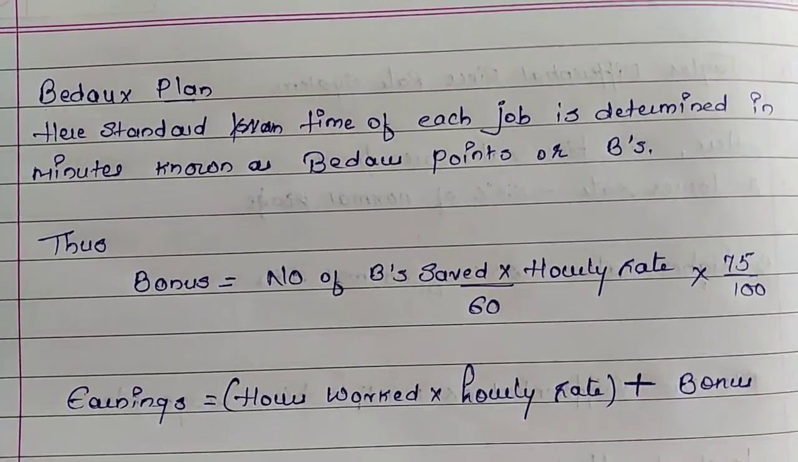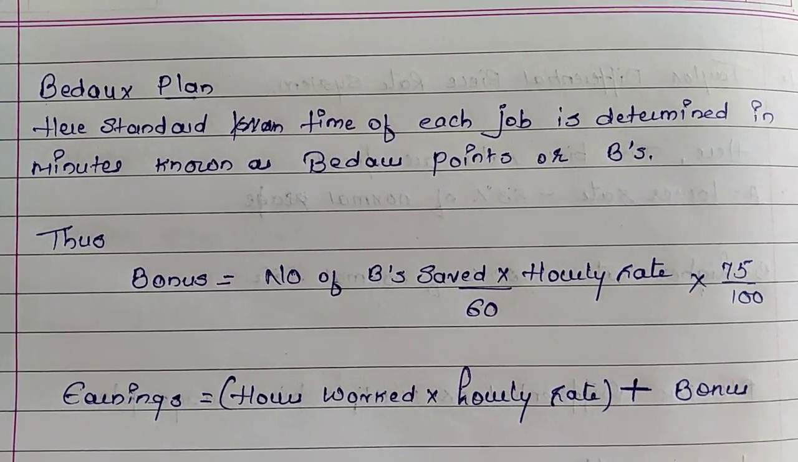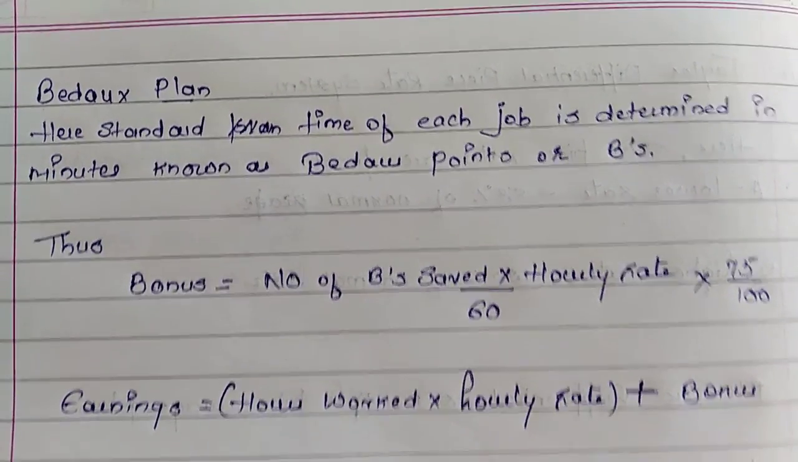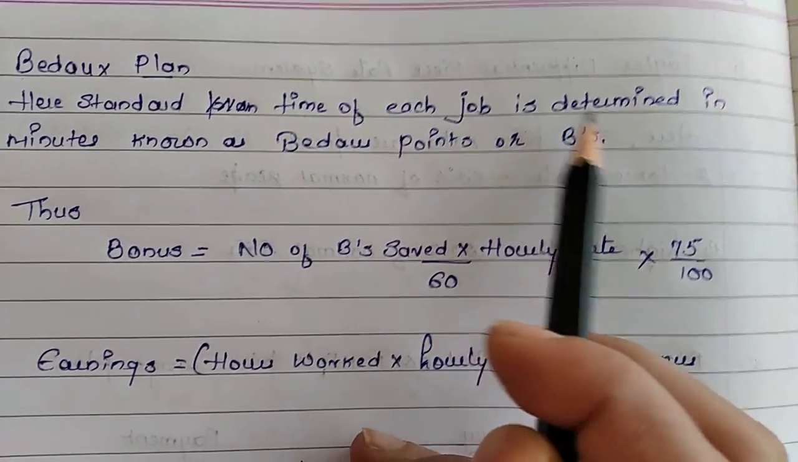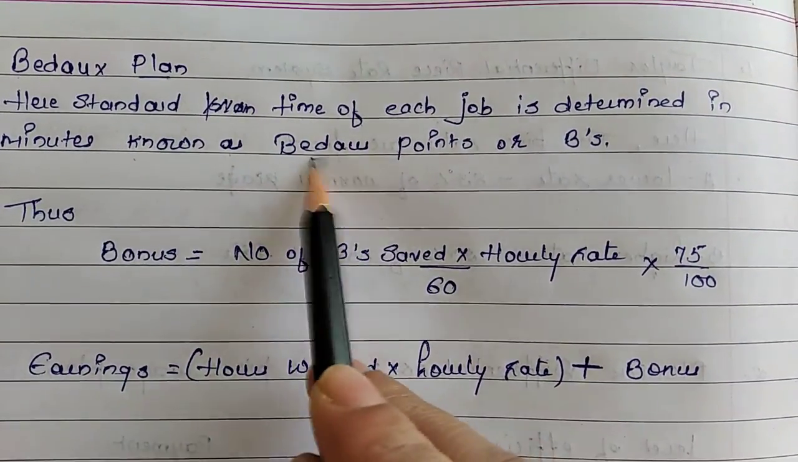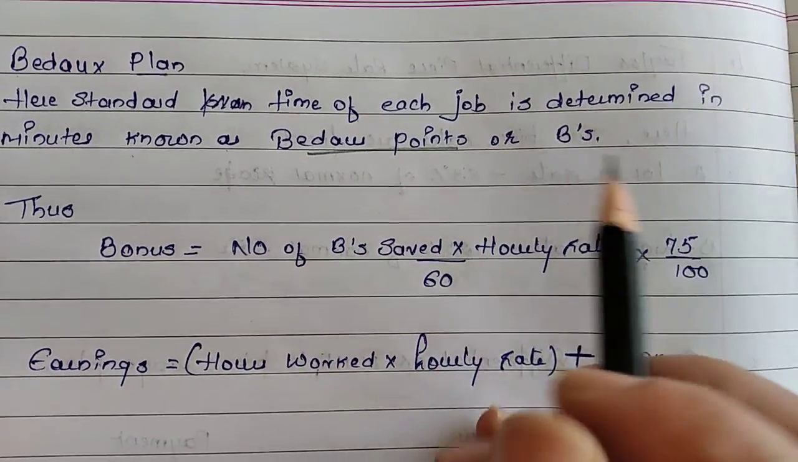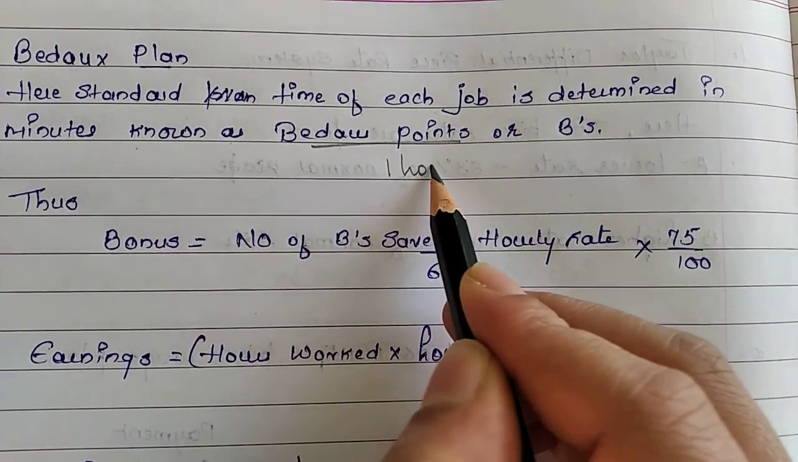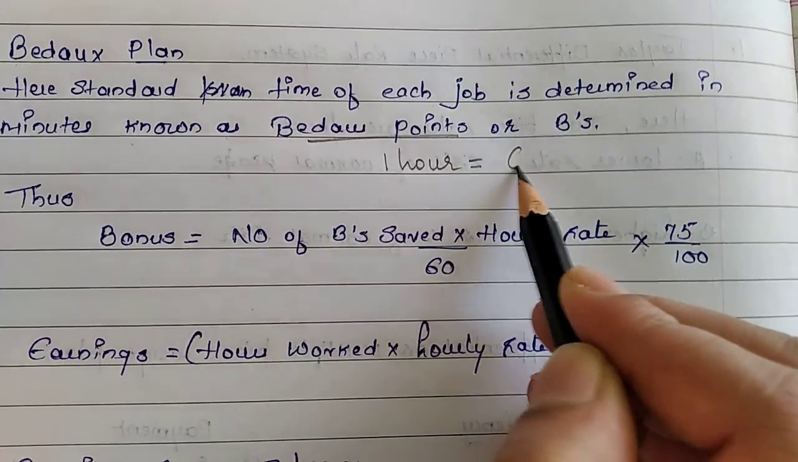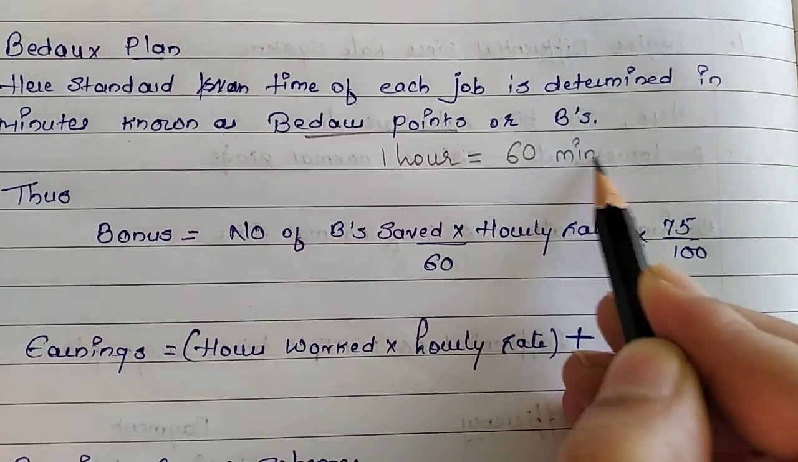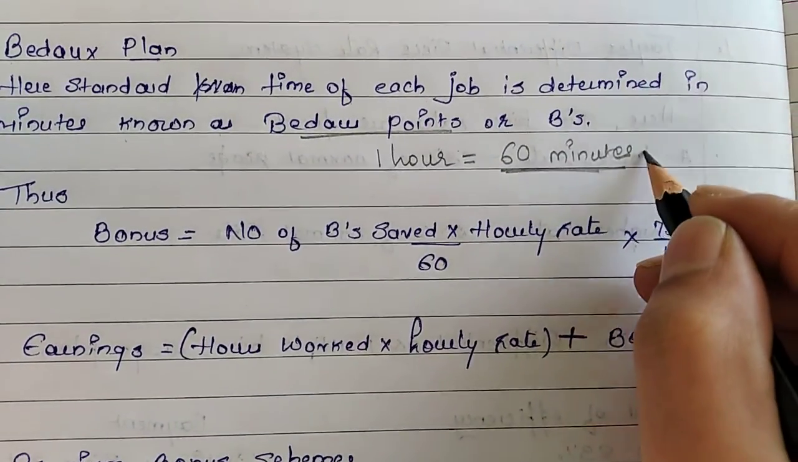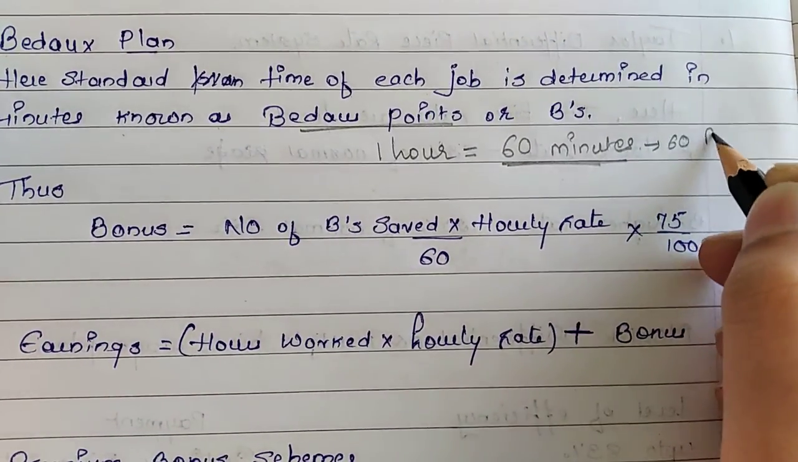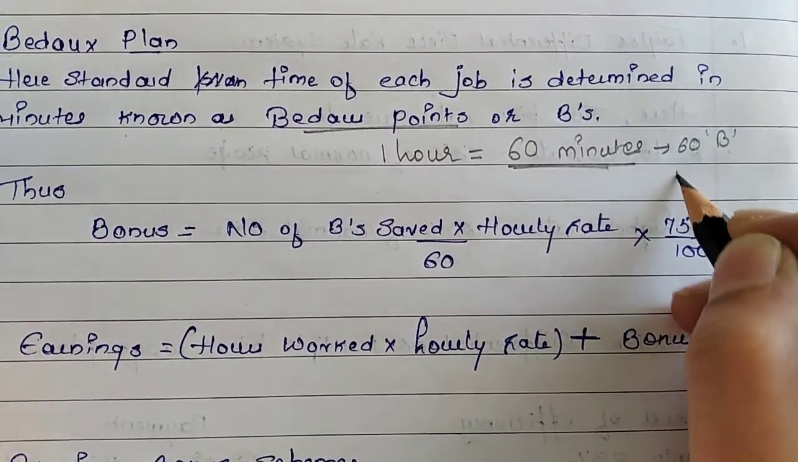Okay. And the third incentive scheme we have under time rate system is Bedaux plan. Now what is Bedaux plan? Here standard time of each job is determined in minutes, known as Bedaux point. Okay, so suppose if you are working for 1 hour, how many minutes are there in 1 hour? There are 60 minutes, right? There are 60 minutes. So in 1 hour, there will be 60 B's, meaning 60